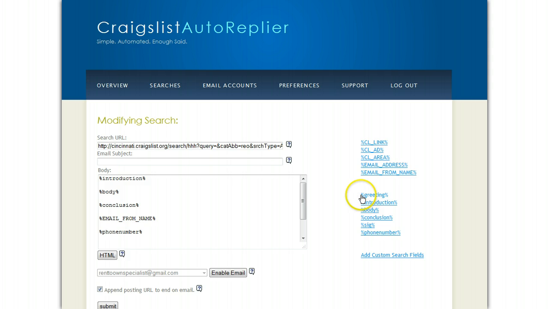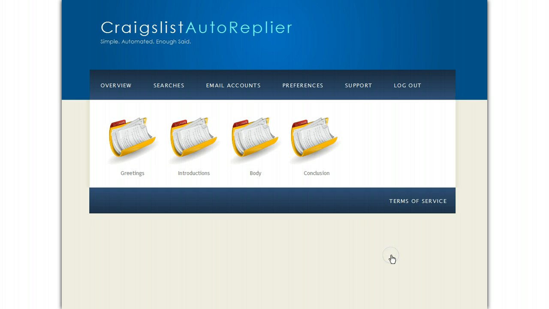So, the software is smart enough to know that, hey, I have tokens that I'm allowed to use and actually incorporate those into your email message. So let's just assume that all of these are blank for now, right? You come in here, you click the add search fields. It'll take you over to this screen here, and what you're going to see is